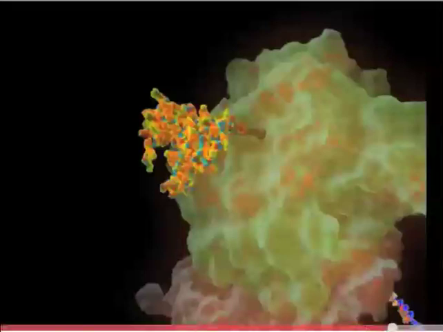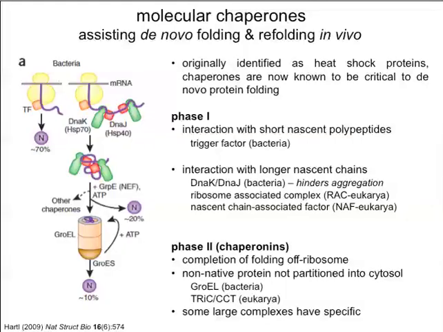Again, the chaperones are important for many proteins to fold off the ribosome. So let's take a look at some of those chaperones. This is a very big, complex story, and I want to try to reduce it to the simplest possible terms, restricting ourselves in this discussion mostly to bacterial systems, realizing that there are other prokaryotic systems, and certainly a whole different machinery in eukaryotes, but the bacteria give us a great overview of what this is all about. So molecular chaperones assist de novo folding, as I've mentioned, co-translationally, and also refolding in vivo.